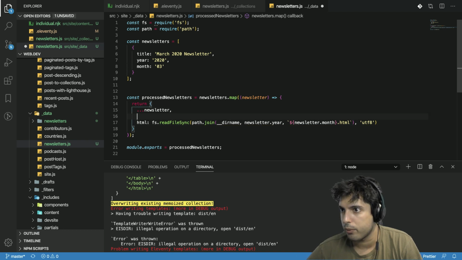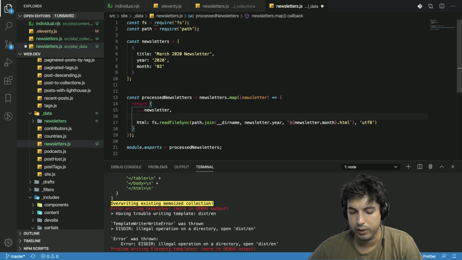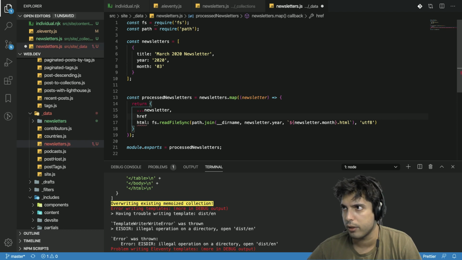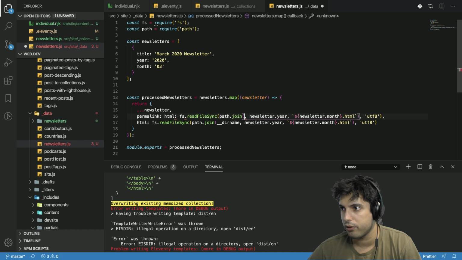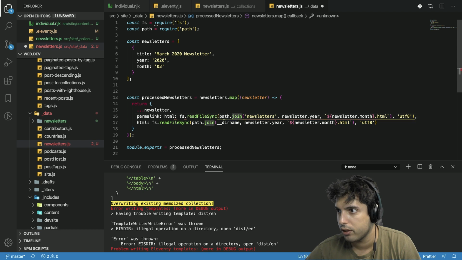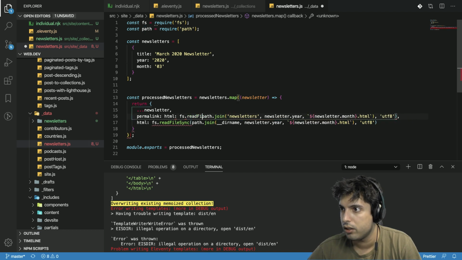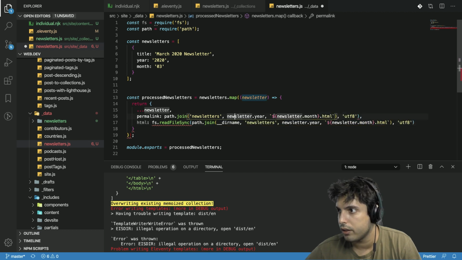And one thing we're also going to do here is create an href field, or a permalink field, and that's going to declare where we want this newsletter specifically to exist on the website. So here I should be able to do newsletters. Newsletters should go in here as well. Year, month,